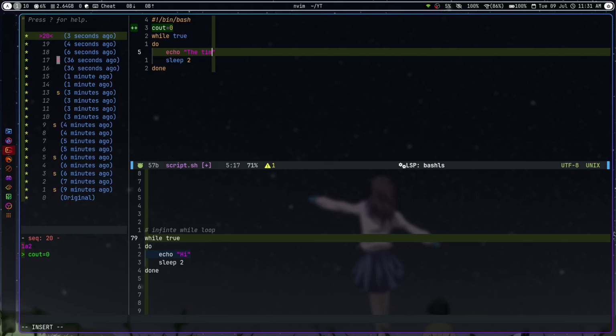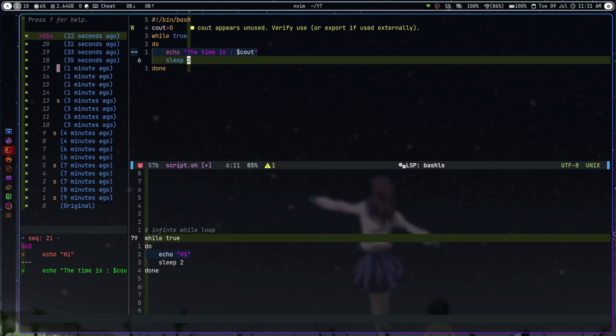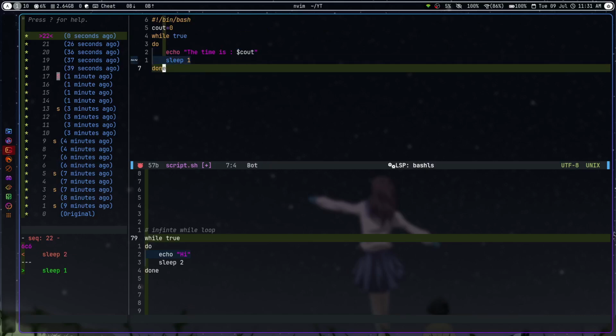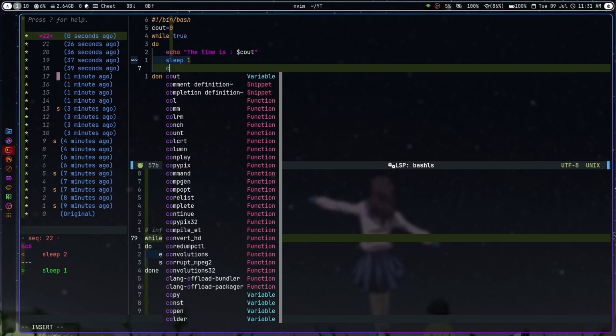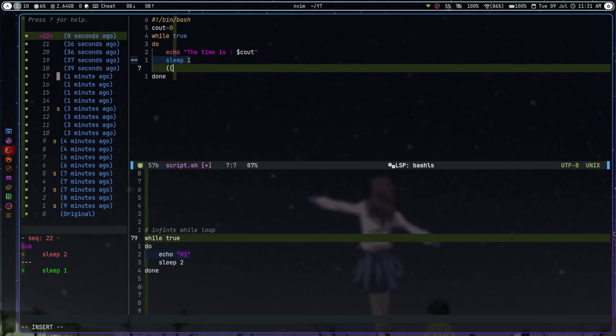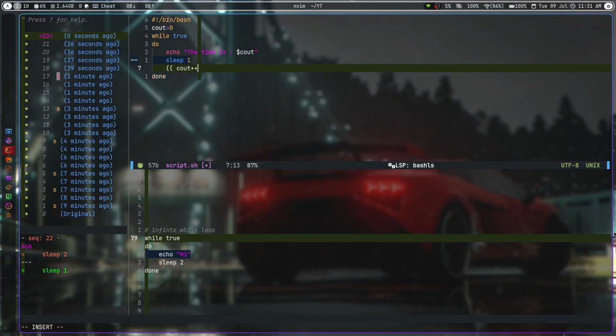So I would make it the time is, then dollar, and then cout. And now I would make it sleep 1, and then use double parenthesis, and do cout plus plus, and then